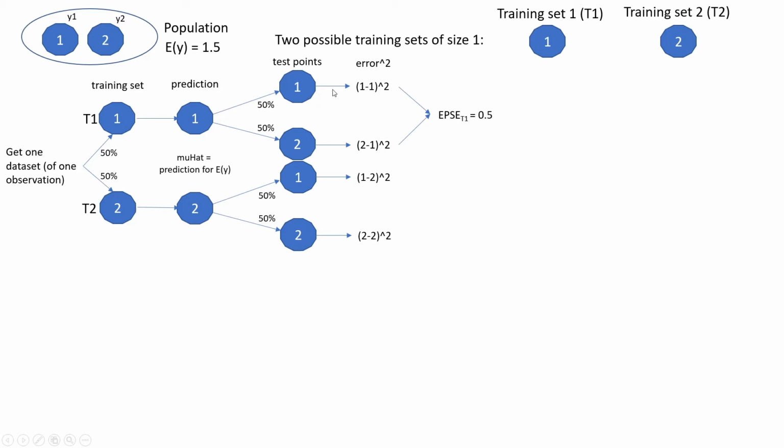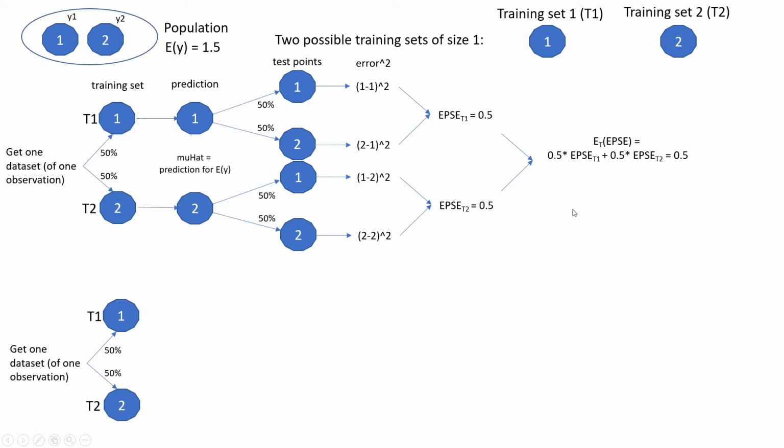it's actually 0.5. This is the expected prediction squared error from training set 1, and it's again 0.5 from training set 2. We don't know if we start with training set 1 or training set 2. So at the beginning, before we get one data set, we know that the expected prediction squared error over these training sets is the average of these two, which is 0.5. Nothing strange. Now, if we start with the same experiment, we say our prediction for mu hat is alpha times